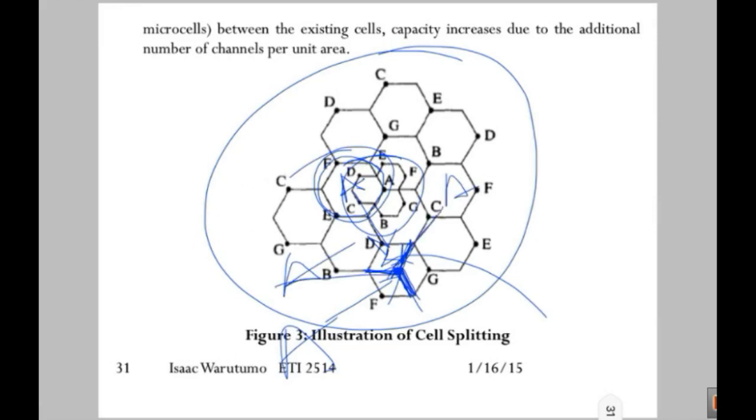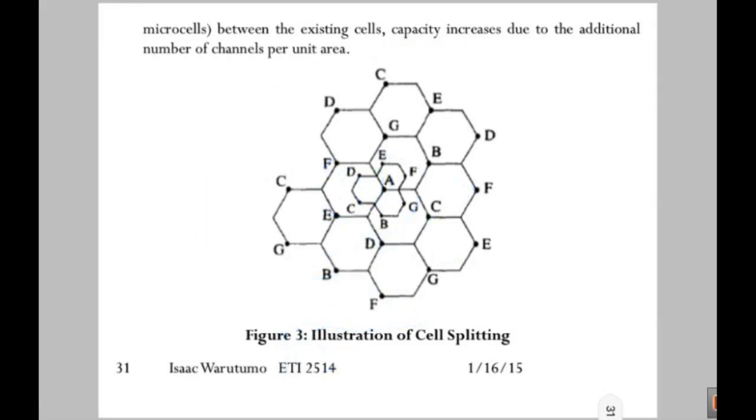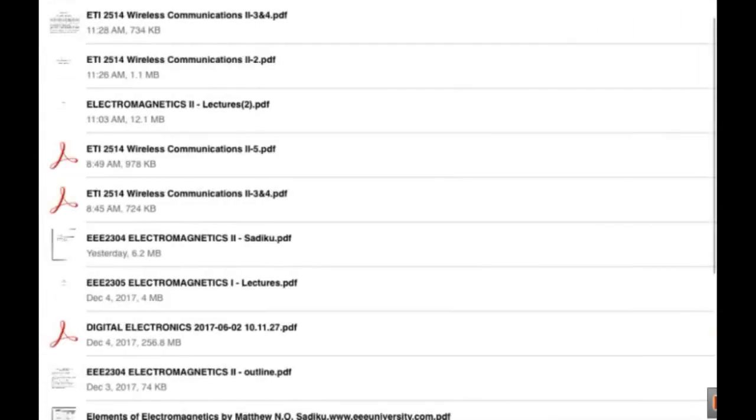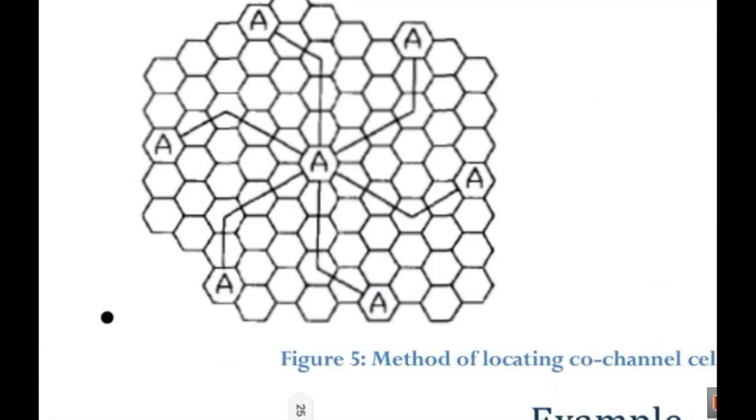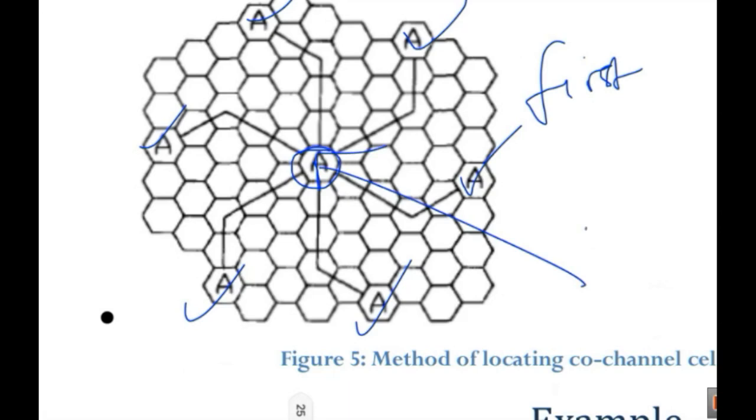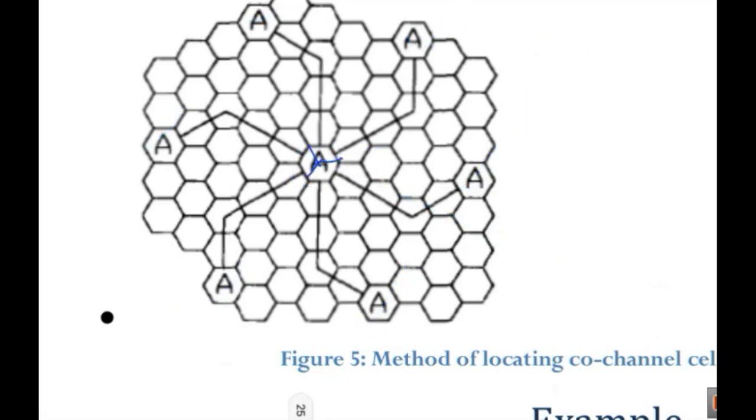For this cell, the best diagram would still be the other one that we had, so I would go back to that other one. And you're saying that if you split, now if you look at the number of the first tier cochannel cells, there are how many? 1, 2, 3, 4, 5, 6. But now when you split this cell, they will still continue using the A frequencies, but they are now split into 3 like that.